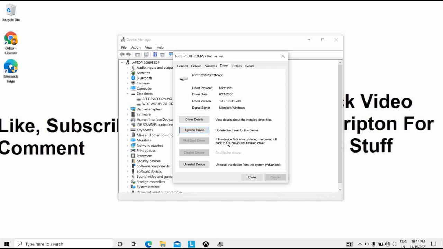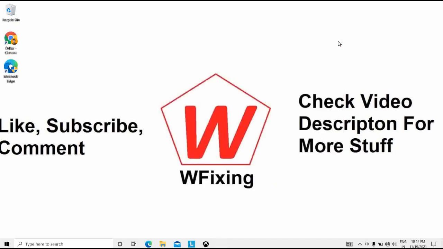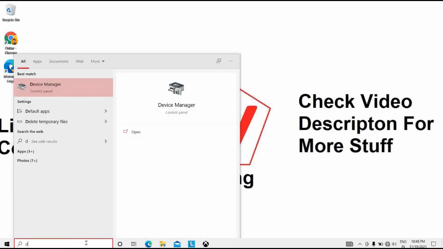Next is to enable and format the drive in Disk Management. So the next solution is enable and format the drive in Disk Management. We have to create and format hard disk partitions. If your drive is powered on but still isn't appearing in File Explorer, it's time to do some digging. Open the start menu and type disk management.